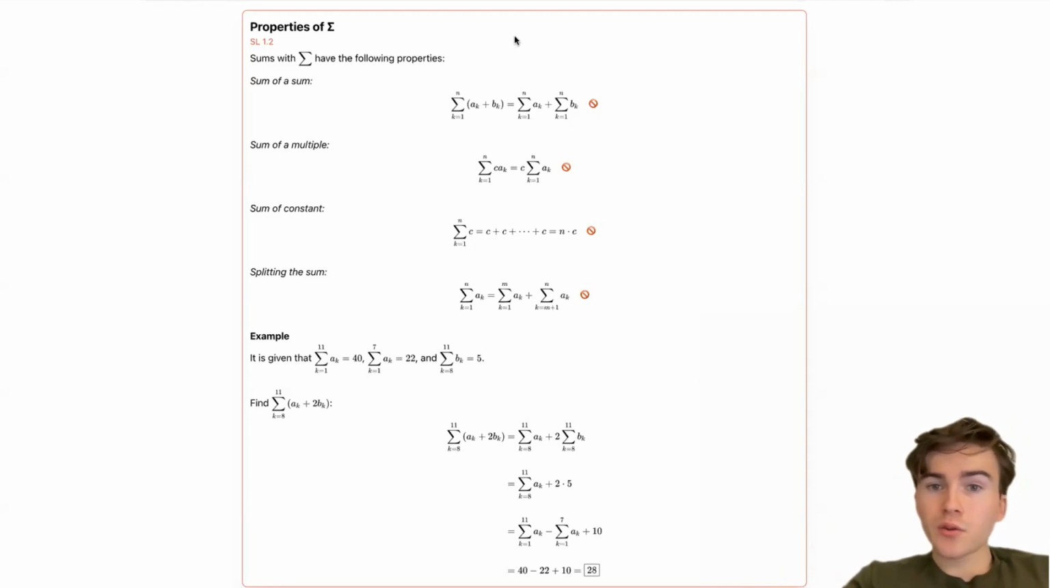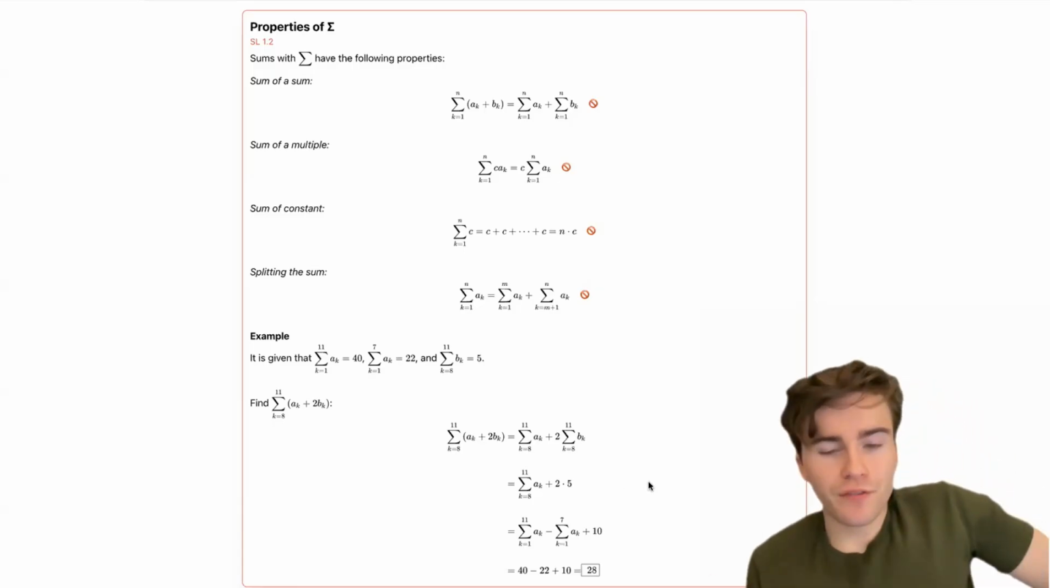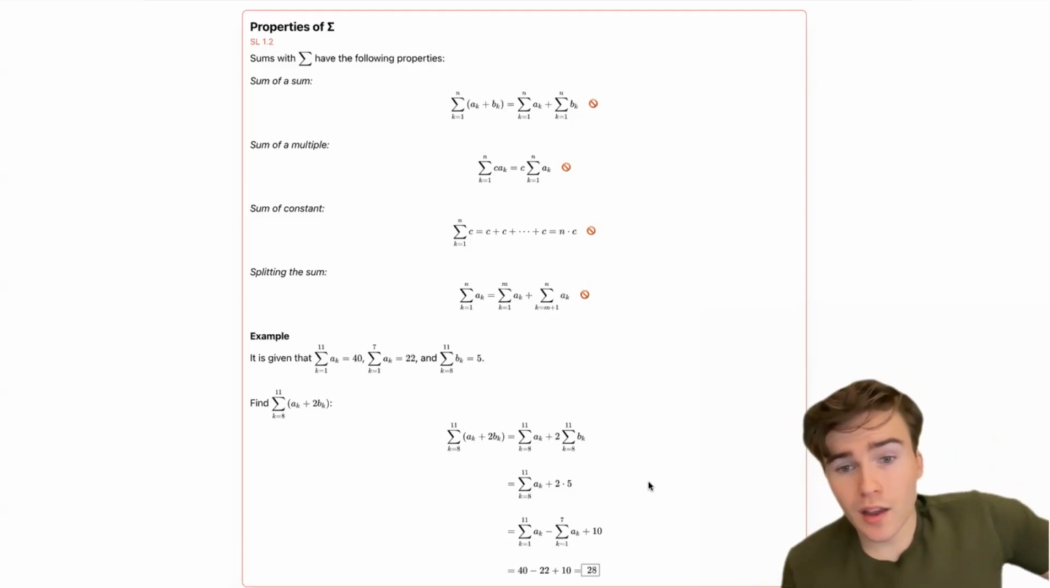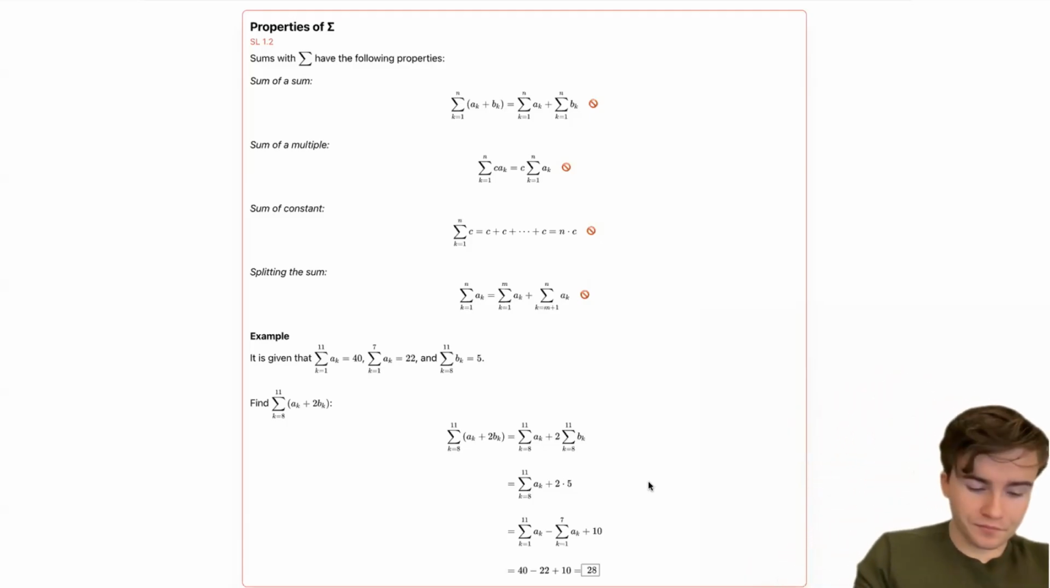So we use the first rule, which is that a sum of a sum I can split. So I split it into the sum from 8 to 11 of a_k plus twice the sum from 8 to 11 of b_k. And I know what the sum from 8 to 11 of b_k is. That's just 5, we were given in the question. So this becomes the sum from k is equal to 8 up to 11 of a_k plus 2 times 5, that's 10. Now, to find this part, this sum from k is equal to 8 up to 11, you have